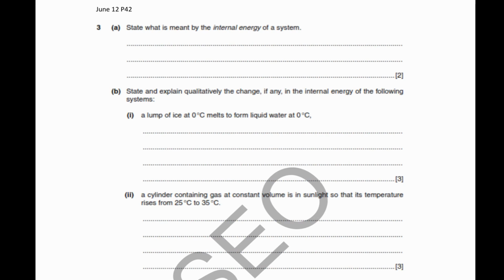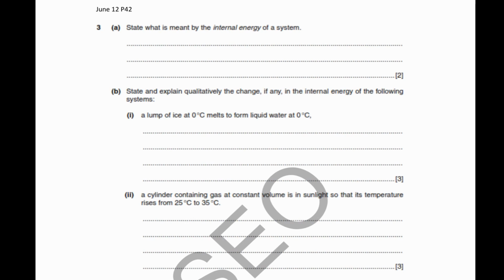So when there's a contradiction, don't worry about the separation. The change in separation from solid to liquid or liquid to solid is very, very small. So we look at the bonds only. So we just say the bonds are broken, so PE increases. So therefore, internal energy increases. So 3 parts to this answer. First, you say temperature constant, KE is constant. Second part, you say bonds are broken, so PE increases. Then finally, you say therefore, internal energy increases. Now, you don't even have to mention the separation. You don't have to.